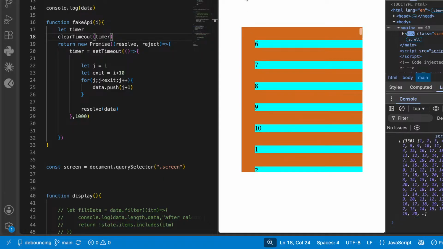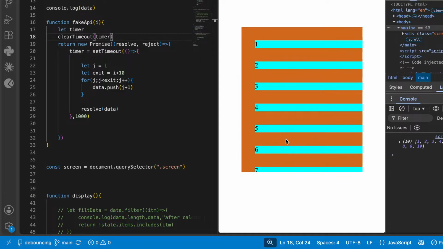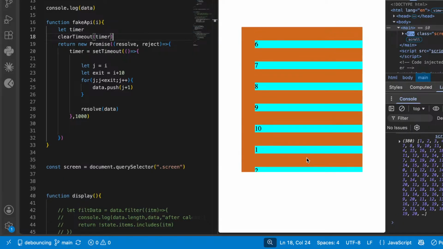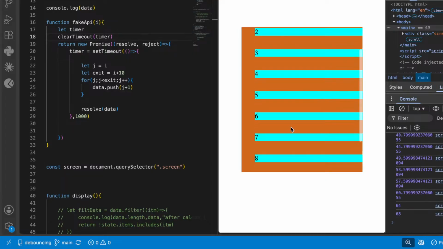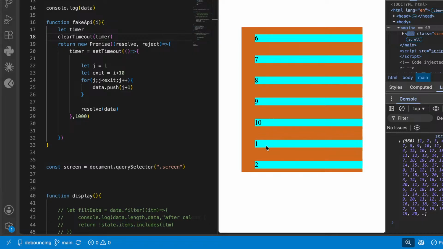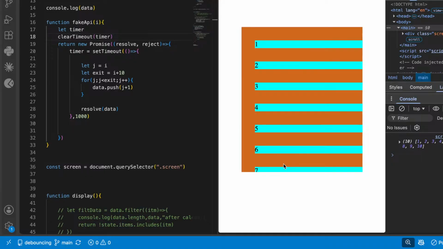Oh, yeah, it's working. You can see now it's not randomly scrolling. It waits for some time. After that, it's working. Okay, we figured this out first of all. Clear timeout, and it's working fine. Now you can see it clears the timeout,